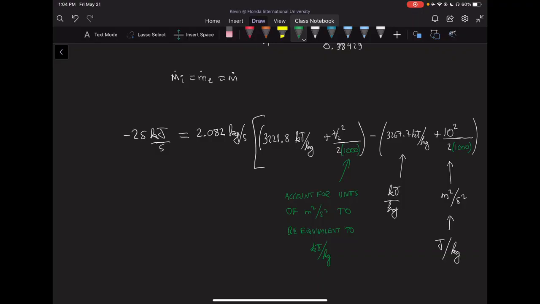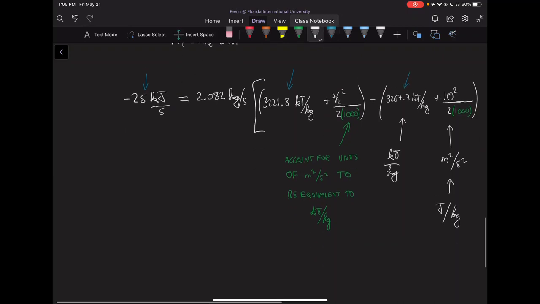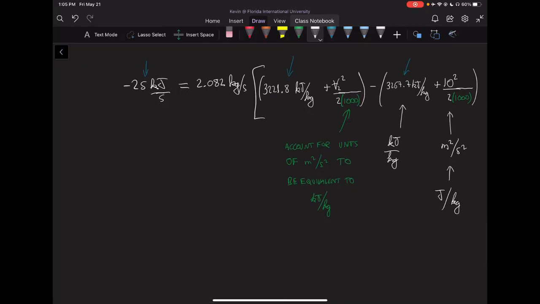The other way to do it would be to multiply everything by 1,000 and just make it joules per kilogram. But that's more terms to change. You would have to change this term and this term to get it into joules instead of kilojoules, and then your system would work. The answer would come out the same. So the result is that if we rearrange the equation, we get that velocity 2 is equal to 260